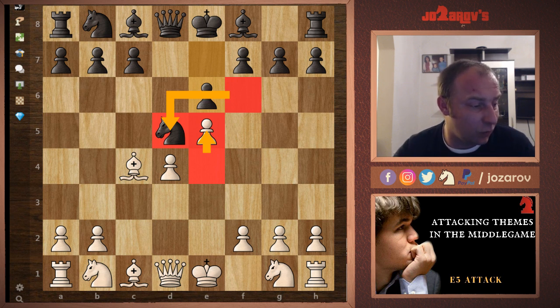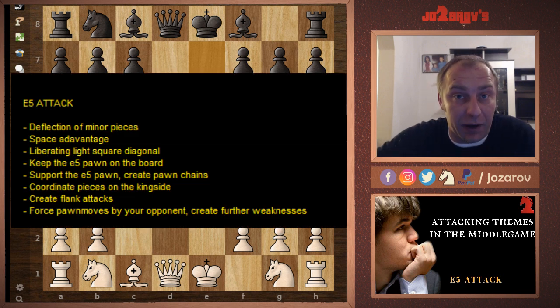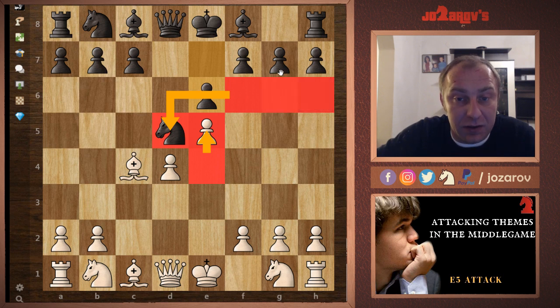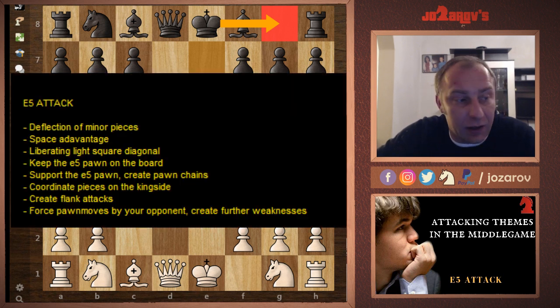And first of all, when we play this move e5, we created this deflection of minor pieces. So let's see this position. We have played the move e5, the knight has come onto this d5 square, and now you see black doesn't have any more minor pieces in front of the king. So for instance, if black castles here, then we can create a dangerous attack,